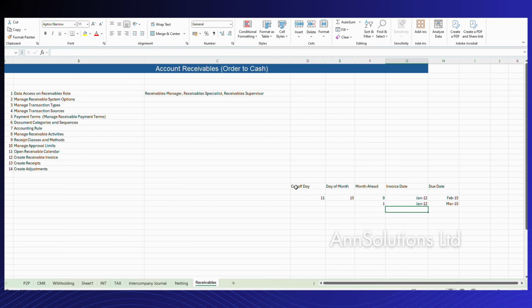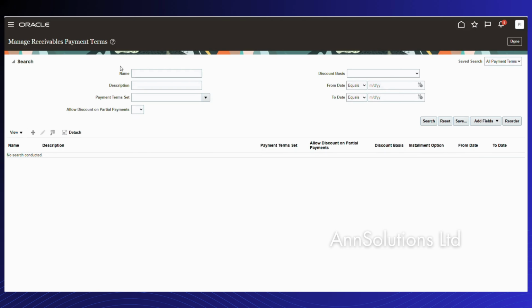Okay, so this is the thing we have to understand from the payment terms perspective. Oracle has given enough flexibility, like whether you want to create a payment term on that particular specific day, or you can put the number of days. Based on that number of days calculation, it will generate a due date against that particular invoice. Yeah, so coming back to my payment terms, the one which I've created,